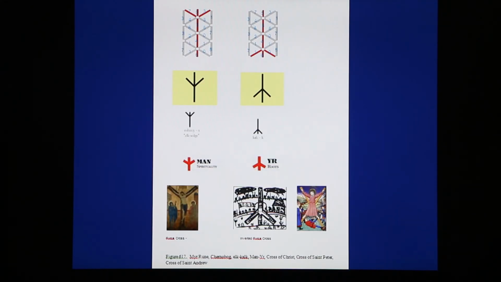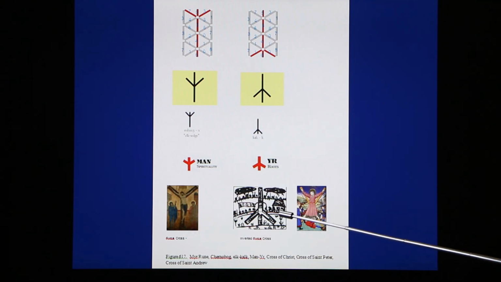Or I can take that, go back to the Tengri symbol. I can turn it upside down. This is the Algiz rune upside down. Or this is the elk, and this is the chalice. Man and spirituality, ear and runes. This is the Y cross on which Christ was